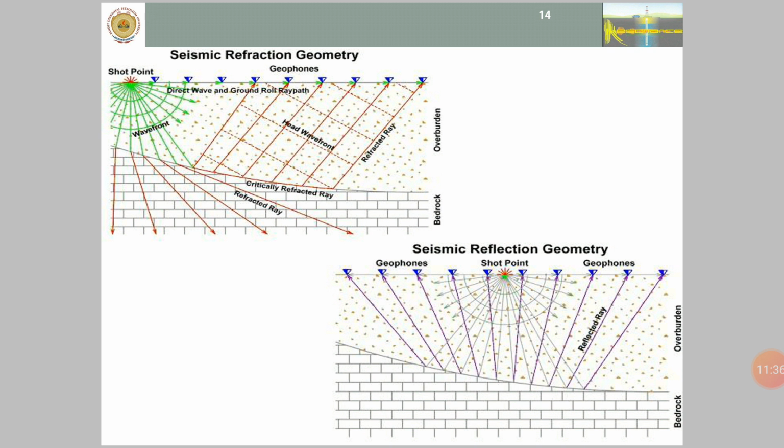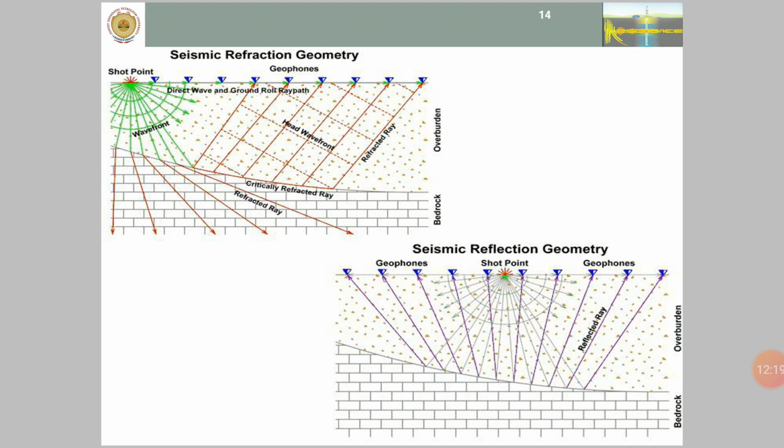So the direct wave and the first breaks, the refractions, are utilized in order to understand how many layers are there in the low velocity zone. Now in case of a 2-layer case, we have T is equal to x by V2 plus 2h cos theta by V1, where x is the offset, V2 is the velocity of the second layer which goes to infinity, and V1 is the velocity of the first layer, theta is the depth of the bed, and h is the thickness of the low velocity layer. So that's how it is utilized in case of